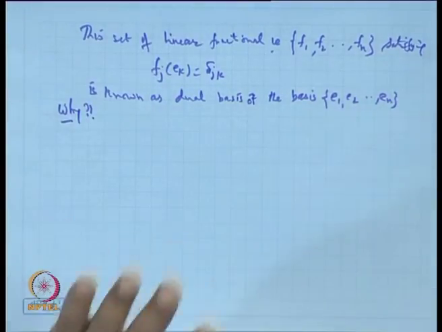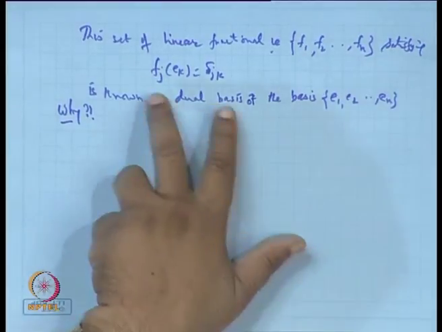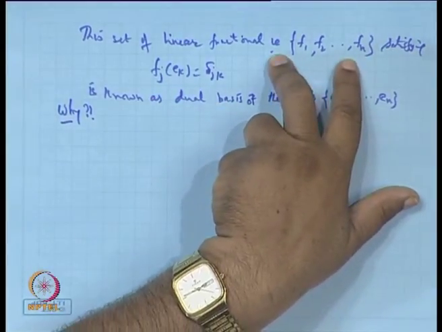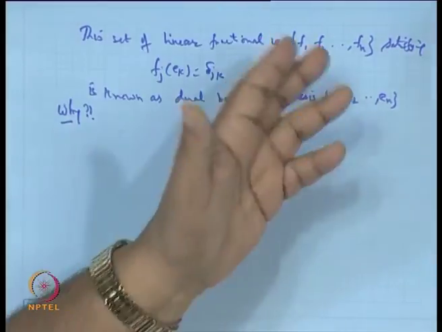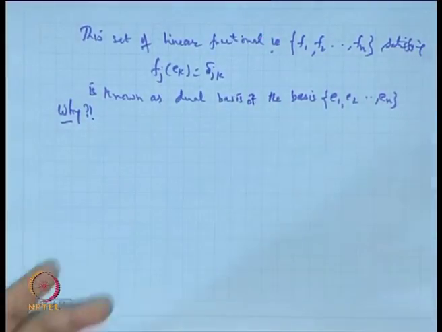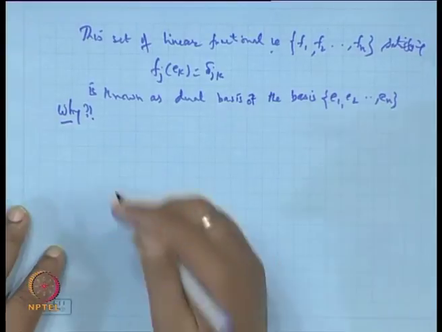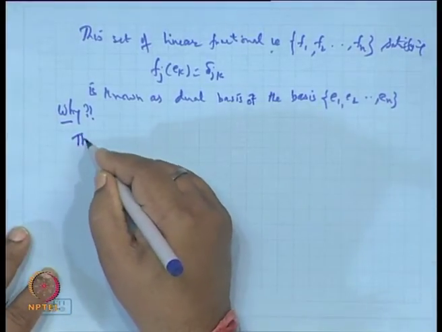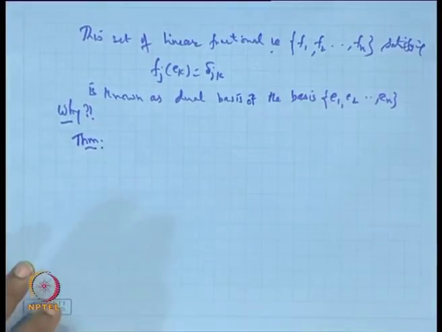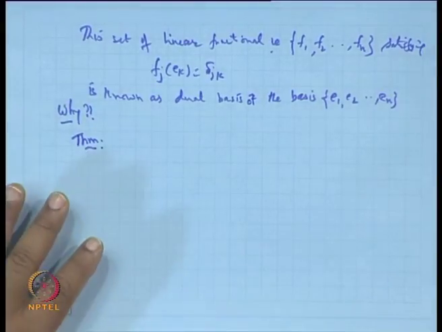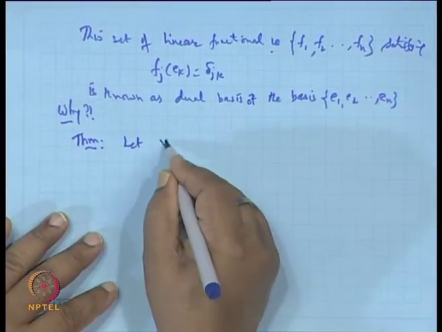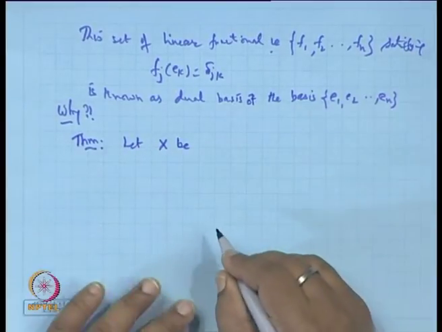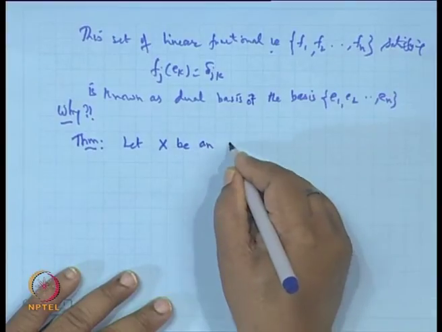It means unless we prove that this collection F1, F2, Fn is a linearly independent set and it spans any linear functional, only then will it be the basis for x star. So, we do this in the form of this theorem. What this theorem says is that let x be an n dimensional